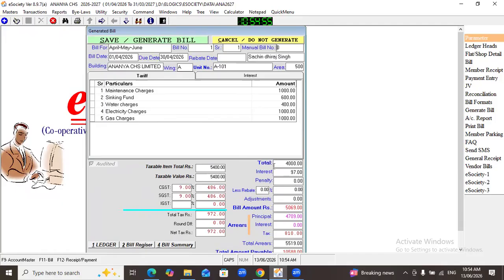Here we can see bill amount 4,000 rupees is coming, but as we applied the bill frequency quarterly, this monthly tariff must be multiplied by 3 and we will get 12,000 rupees as a total amount.